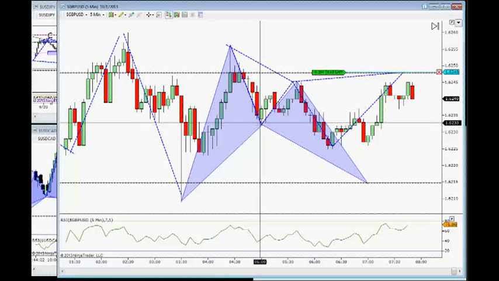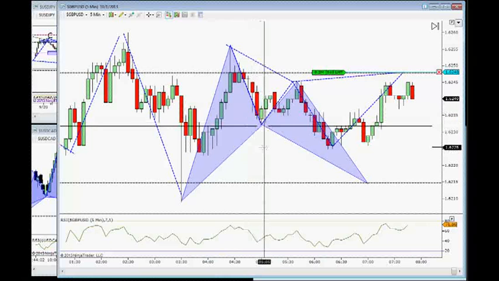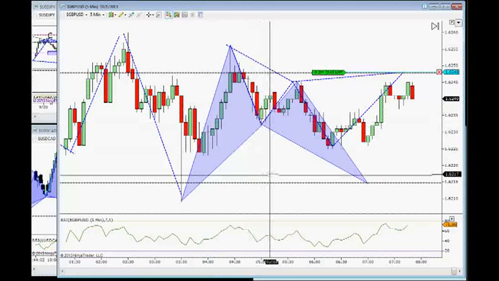Then we talk about, okay, what are the invalidation techniques? Well, how deep can it go? If it's a 50%, what if it takes you to the 618? What if it